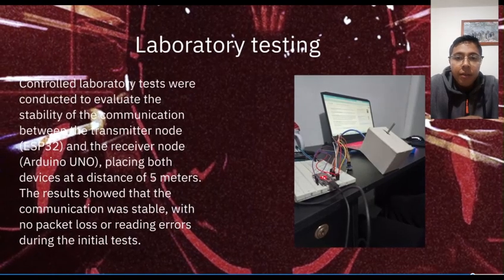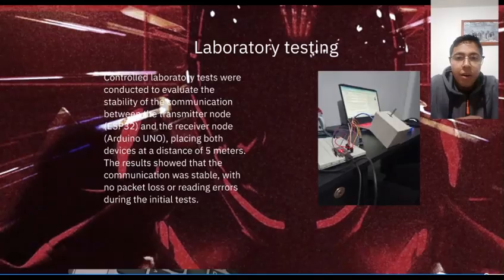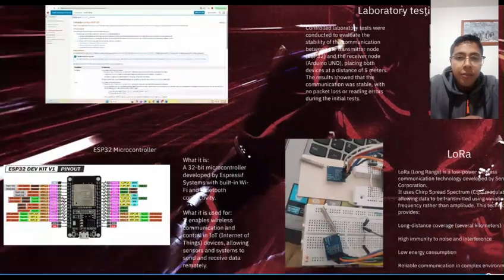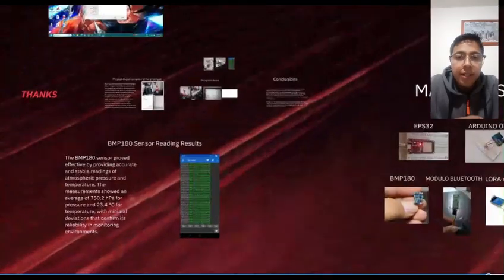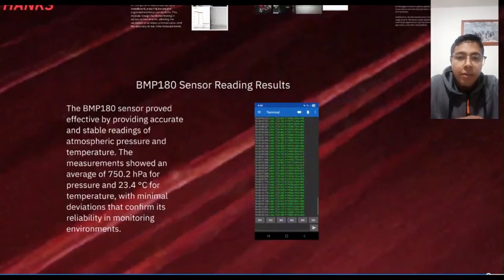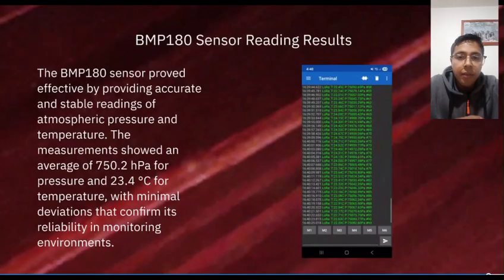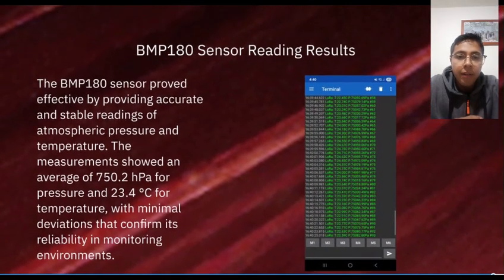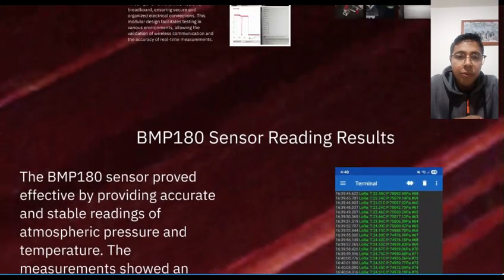In this part of the project, we present the first physical implementation, the physical deployment of the wireless communication system, as well as the execution of functional tests. Tests were performed to validate whether the system worked under real-world conditions. The main objective was to confirm the reliability, stability, and accuracy of the barometric telemetry platform, which integrates an ESP32